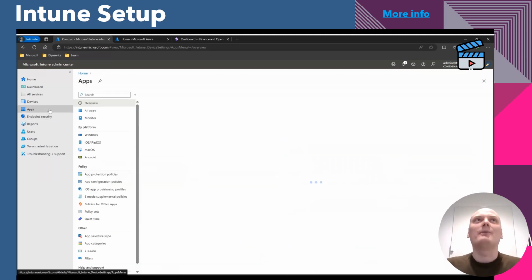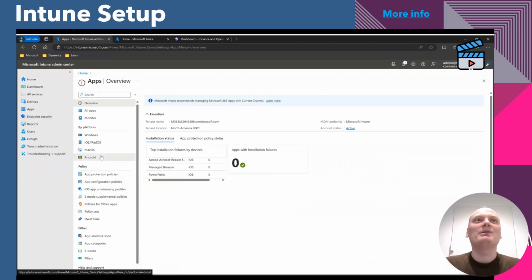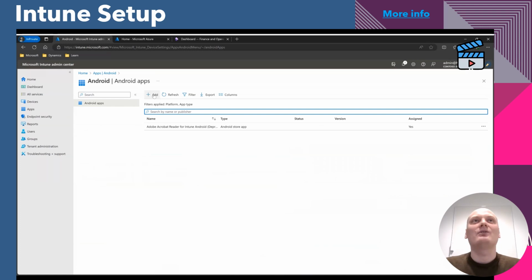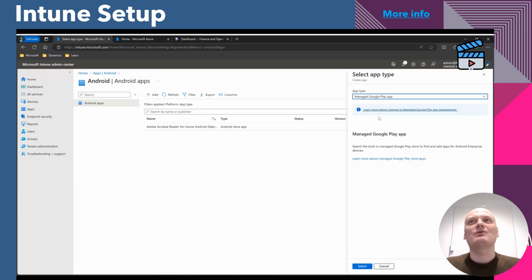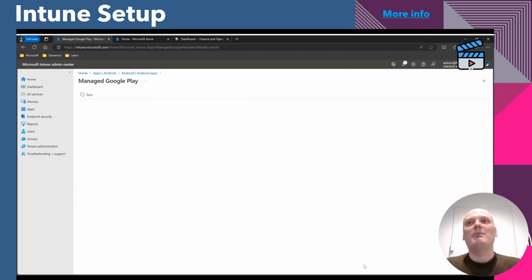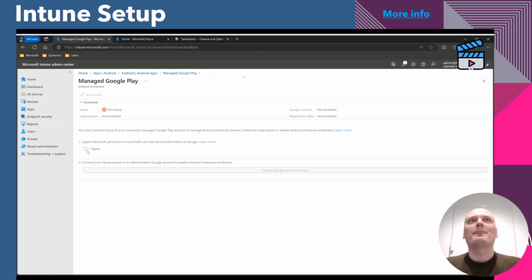This is the Intune Admin Center. We select Android app. We'll add a new Android app. Select Managed Google Play app. Now we need to connect our Intune